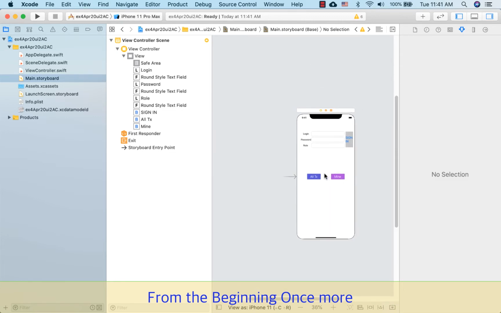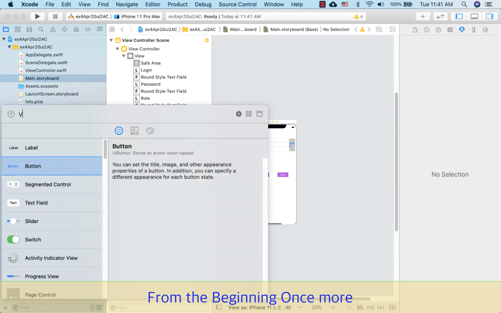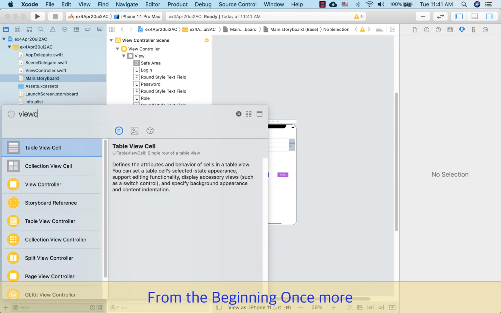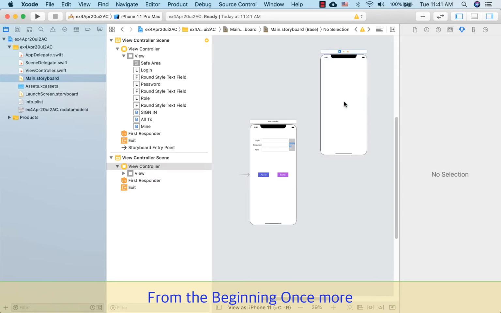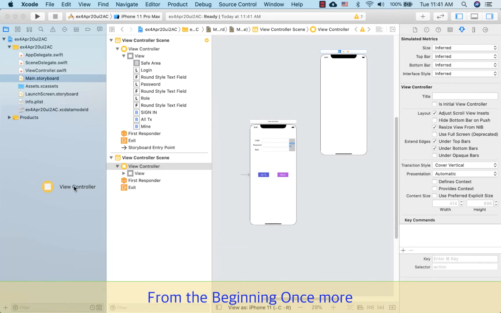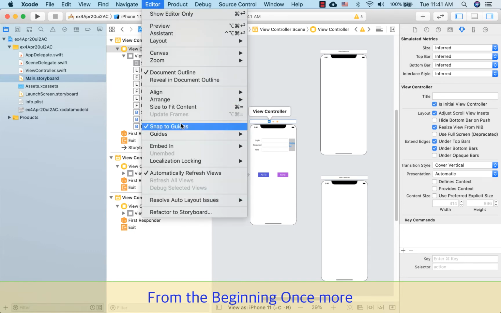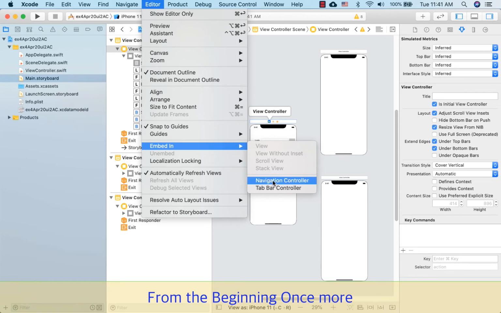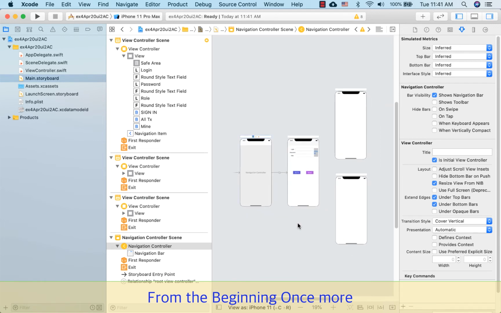So I need to minimize that, and I want to make 2 more view controllers. So bring that here, view controller here. Need another view controller. Of course, I need, if I click this one, come back here, editor, and then embed in so that I can get navigation controller. Okay, so very nicely I have